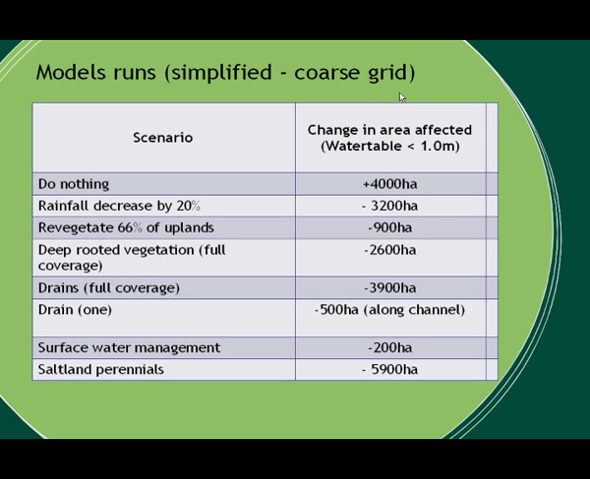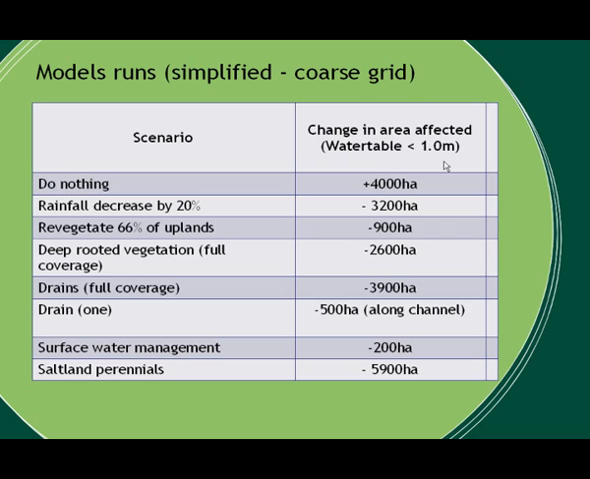Now we're going to look at what changes different treatments have when we put them into these models, as an example of what impact the main tools we use in salinity management will have. So if we do nothing, as you've seen just before, we're going to go from 4,000 hectares of salt-affected land, or more correctly 4,000 hectares with a shallow water table, and we're going to increase that by another 4,000 hectares